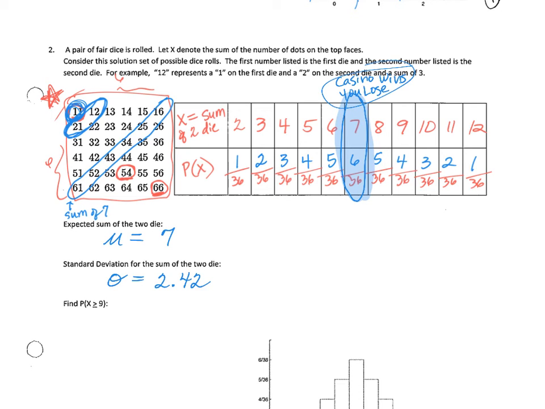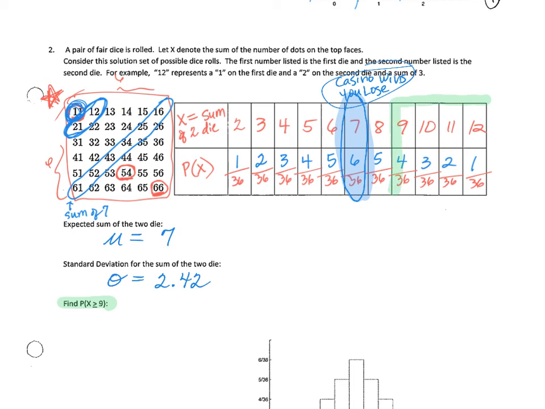So let's do this. This is a new kind of problem. Find the probability that x is greater than or equal to 9. There are 2 ways you can figure that out, and the AP test would take either way. You just have to show your work for both of them because they come up with slightly different answers. So where on this picture chart is that section?